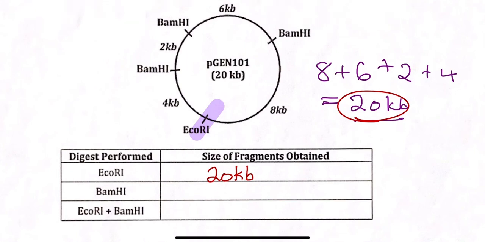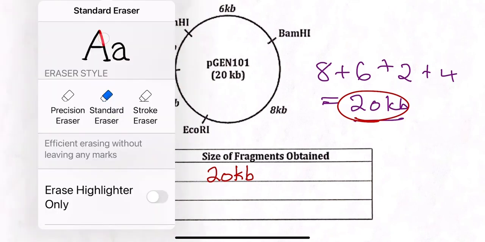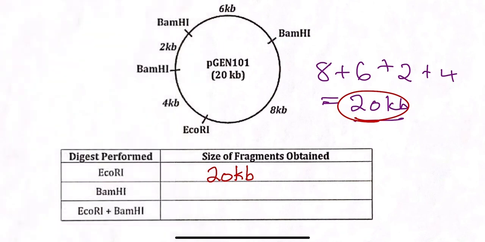All right, so next up, let's look at BamHI. What do we see here that the BamHI restriction enzyme can create? Well, we see that if we put it in there, we can have a 2 kb, we see that we can have a 6 kb,